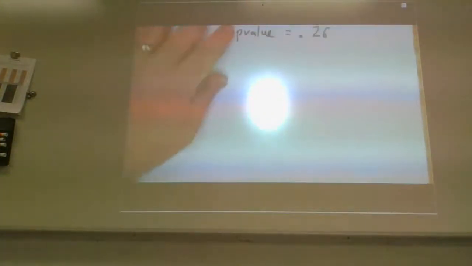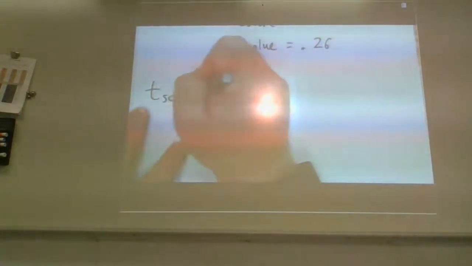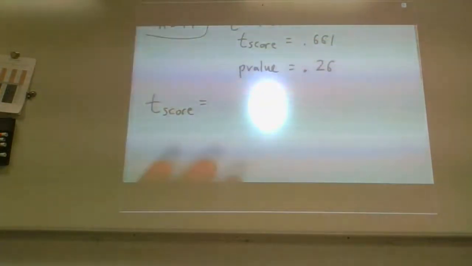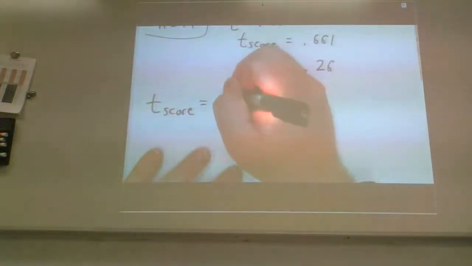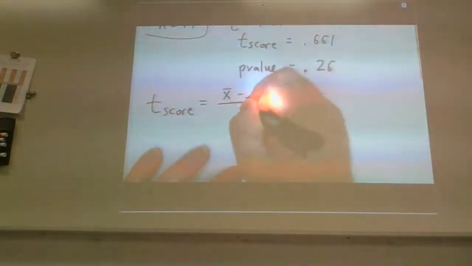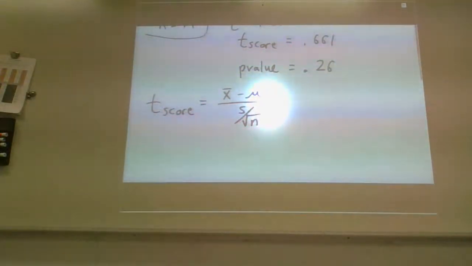So in my little paper right here, I'm going to write down this. For the t-score, it's the same thing that we've always calculated in the past, and I'll show you this on the calculator as well, where you would take x bar minus mu divided by s over the square root of n. Now, typically in the past, you would do the data point minus the average divided by the standard deviation. That's how we would get z-scores.